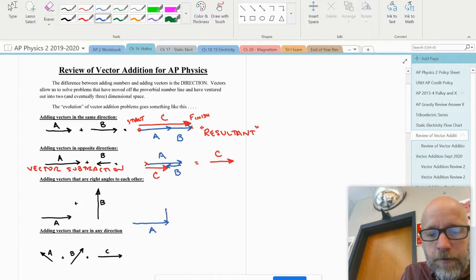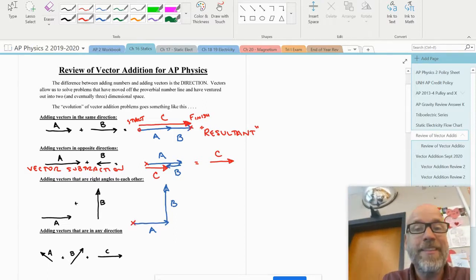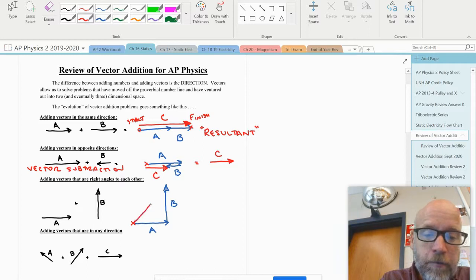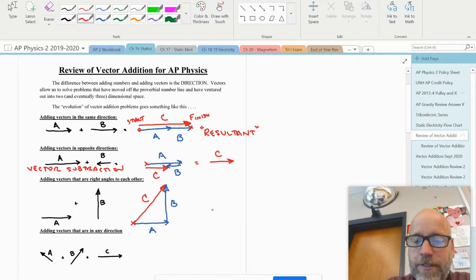A plus B. And then I start at the start and end at the end. It's going to go from here to there. Now that vector C,